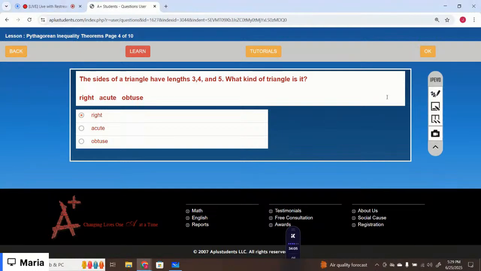The correct option is yes, right triangle it is. Okay. The next one is